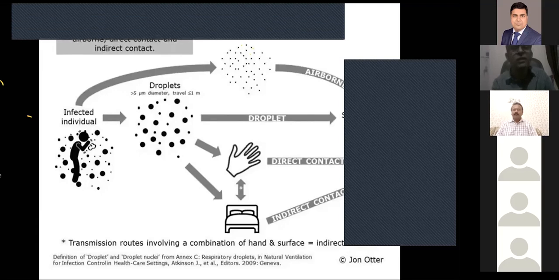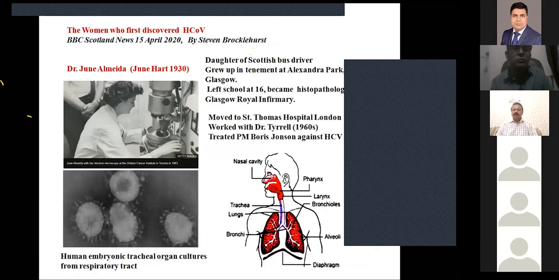See what I was telling you about the lady. This was the woman who first discovered the human coronavirus. This is the news from BBC Scotland News of 15th April 2020. This lady is Dr. June Almeida, and she was born in 1930 in Glasgow near Alexandra Park, and then she left school at 16 and became a histopathologist in Glasgow Royal Infirmary. She then moved to St Thomas' Hospital in London, and worked with Dr. Tyrrell,